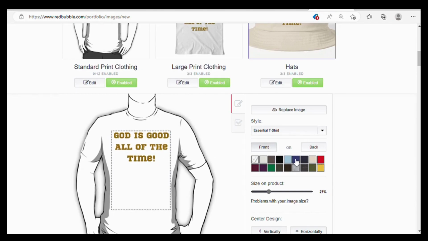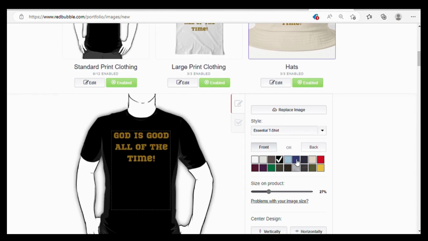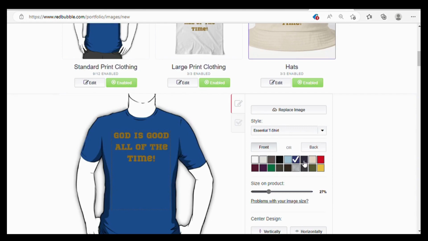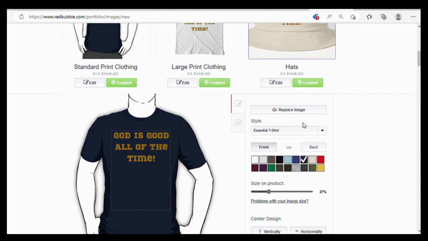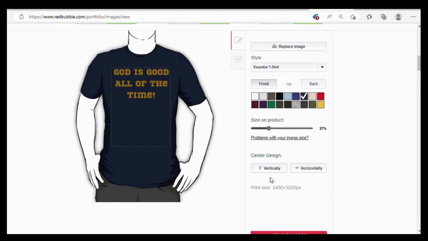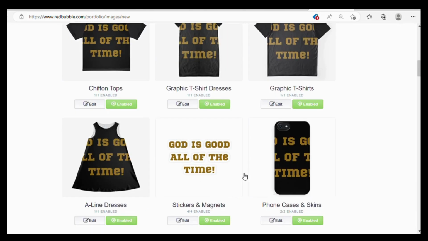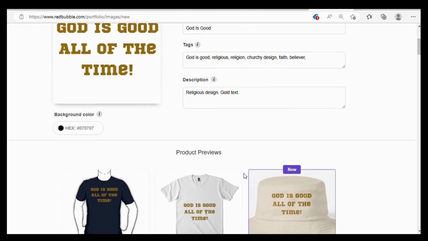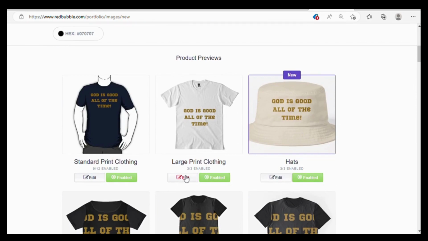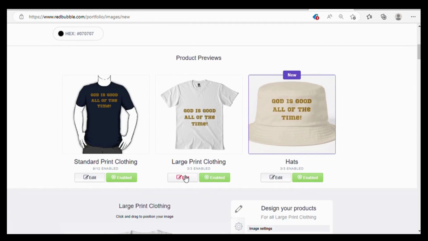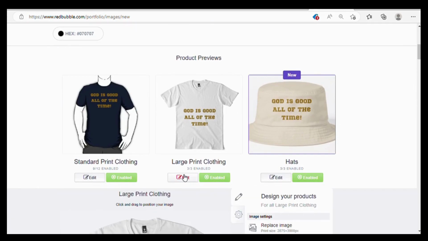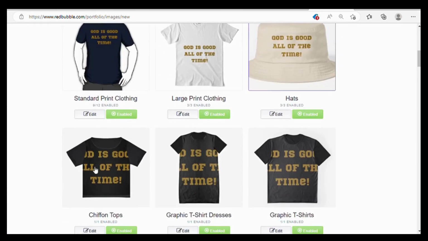And over here you can choose a different color. I'm going to use that navy, and then you go down to the bottom and apply changes after each. And it takes a little bit of time, but it's worth it because it'll show up good when it's out on the search. And this one also, edit,